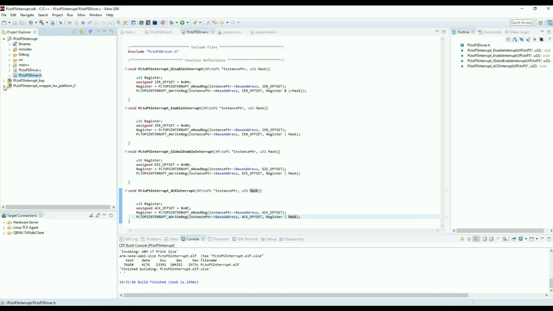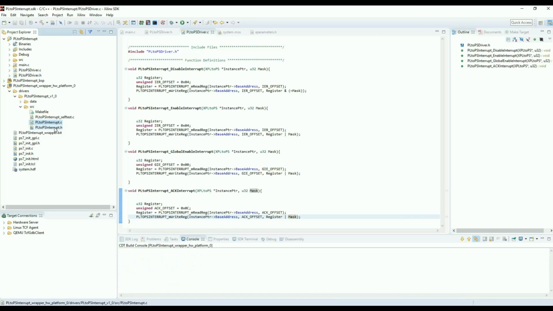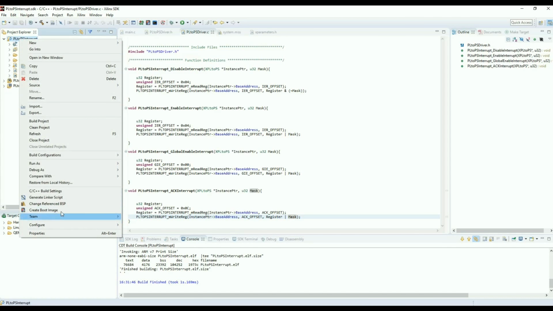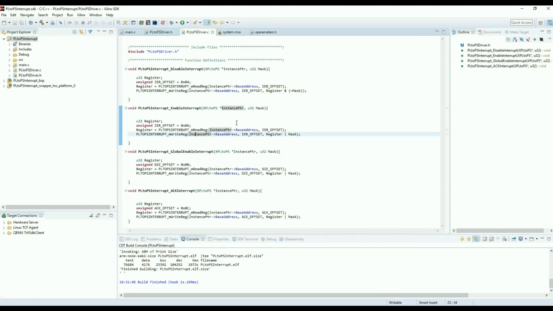If you accidentally open this by mistake, and if you accidentally refresh these files, what you can do is right-click on the folder and click on Clean. When you've clicked Clean, go to Build Project, and it will make sure the references are referring to the same places there. So going back to our main,